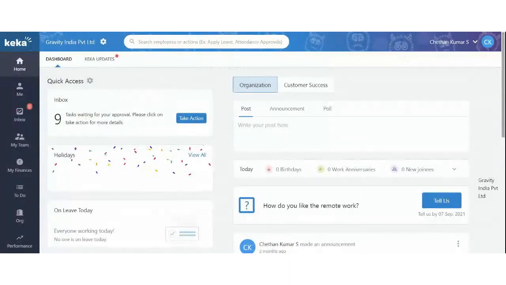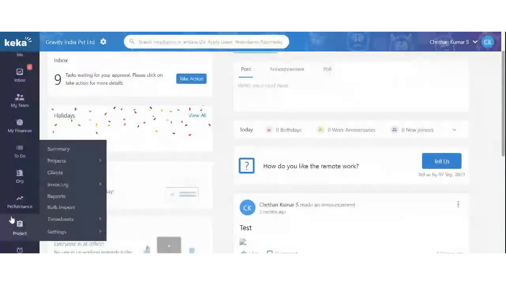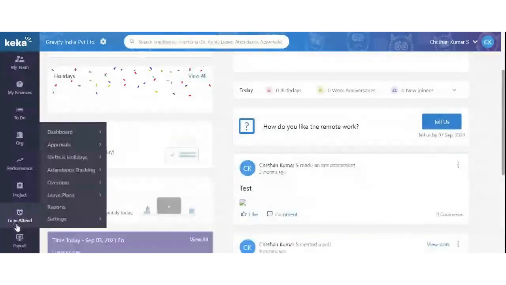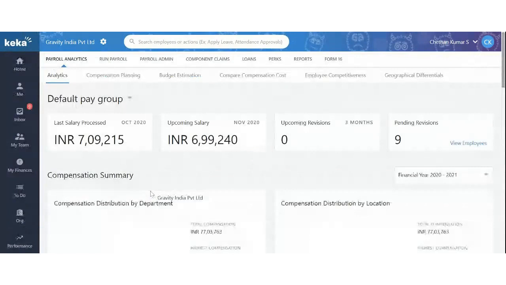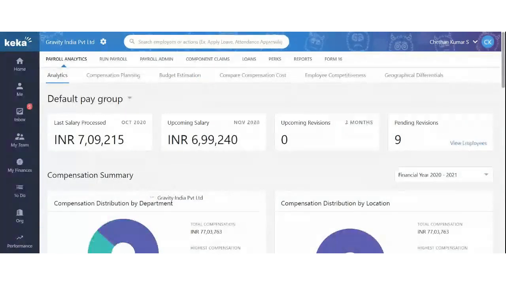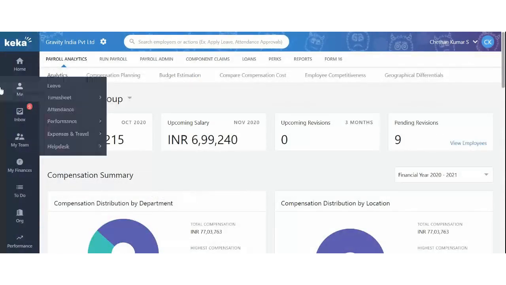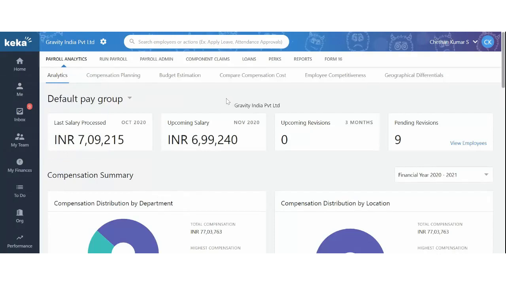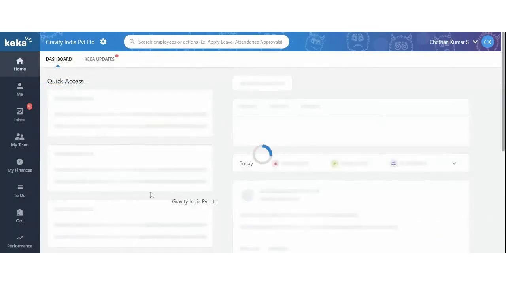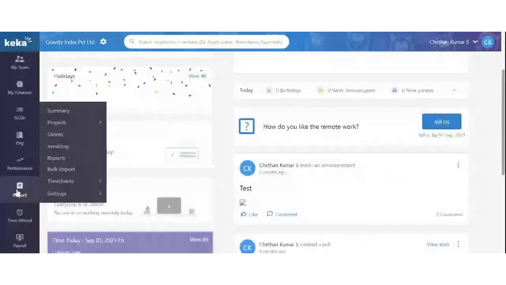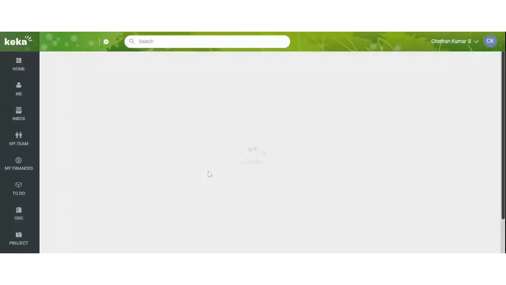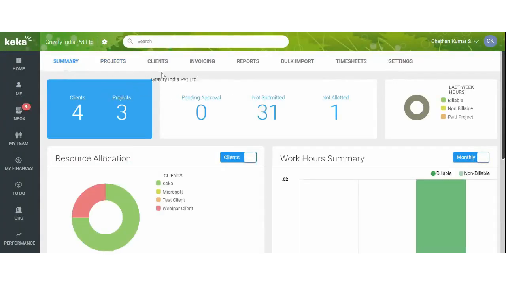So, a quick recap of what we discussed last week. We discussed how to create and manage clients and projects and tasks and resource allocation. To access the timesheet module, this would be your home screen, and you will have to go to project. Under project, you have a lot of dashboards.